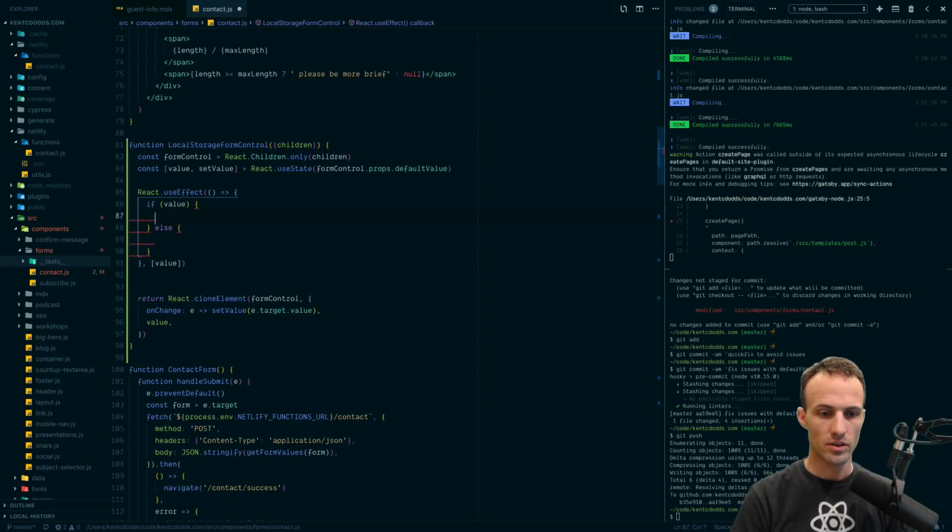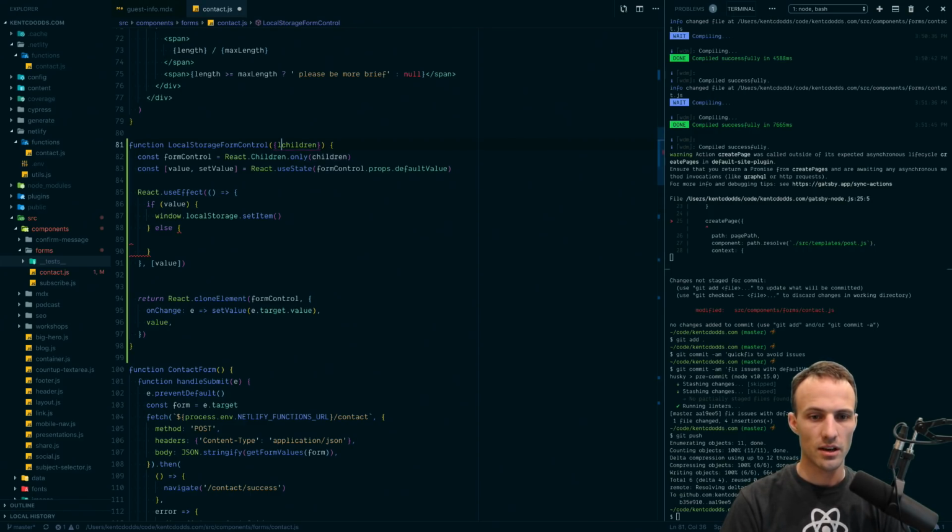Otherwise, we're going to want to remove the thing from local storage, but we'll say window.localStorage.setItem, and I'm going to accept a prop here called lsKey, so local storage key, and we'll have that default to